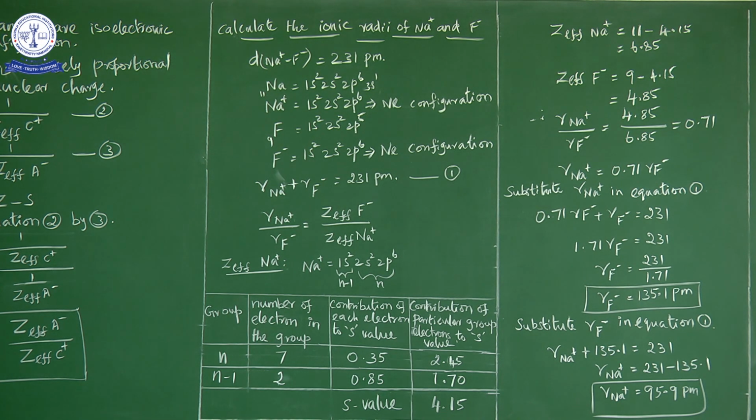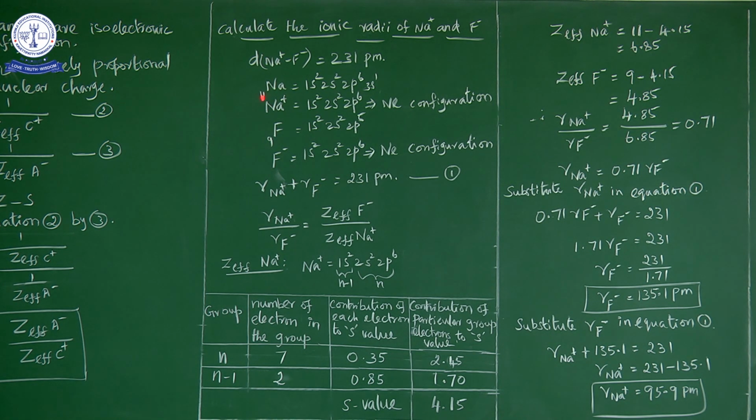So what is the electronic configuration of sodium? Sodium electronic configuration Na is equal to 1s2, 2s2, 2p6, 3s1. The atomic number of sodium is 11. So atomic number 11 அப்படினு இருக்கும் 1s2, 2s2, 2p6, 3s1. So atomic number is equal to number of electrons, which consists 11 electrons: 2, 4, 10, 11.